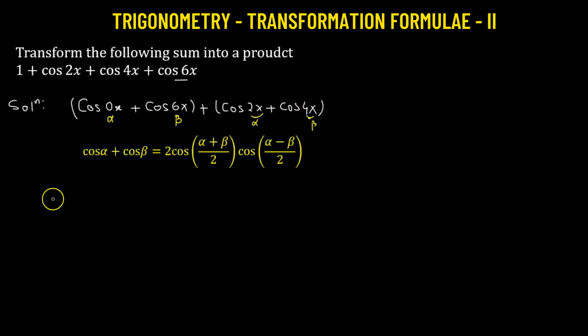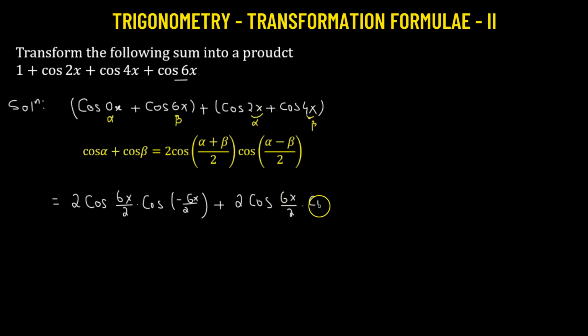Fine. So this is going to give us 2 times cosine of angle 0x plus 6x, so that will be simply 6x over 2, multiplied by cosine of alpha minus beta, so we have 0x minus 6x, so that will be negative 6x divided by 2. Added to, now we have 2 times cosine of 2x plus 4x, so that will be 6x over 2, multiplied by cosine of 2x minus 4x, so that's negative 2x divided by 2. Let's further simplify. We're going to get 2 times cosine of angle 3x multiplied by cosine of angle 3x